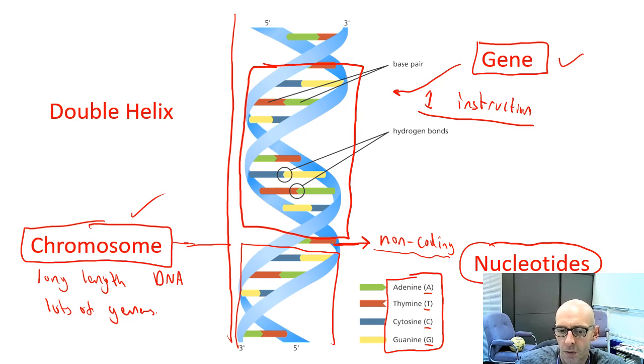The code very often doesn't go wrong because A can only ever join with T and C can only ever join with G. So if you look here, every time you see an A, the green ones, there will always be a T next to it. Oh, there's a T, that must be an A. There's an A, that must be a T. So actually the genetic code is quite simple. The nucleotides, the order they're in, code for different proteins, and that's the genetic code.